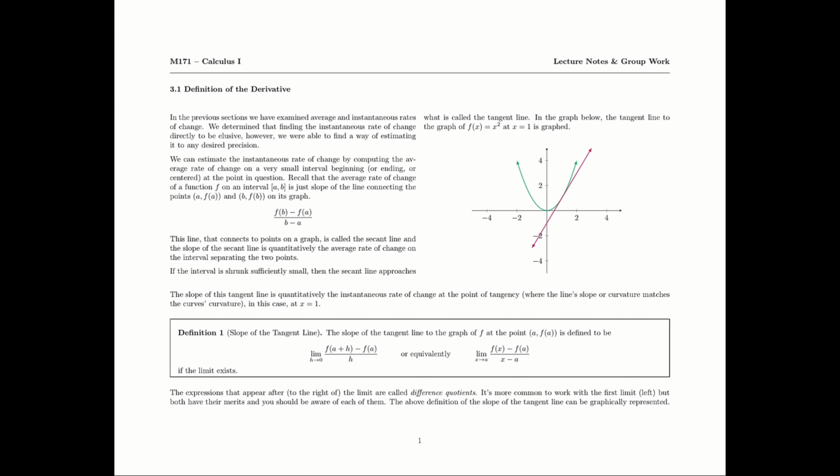So the important thing here is that the tangent line is the line to a graph at a point. So this is the tangent line at this point right here. Why that point? Because it is at this point where the slope of the line perfectly matches the curvature of the curve. Some people say the tangent line is the line that crosses the graph only once, and that's not true